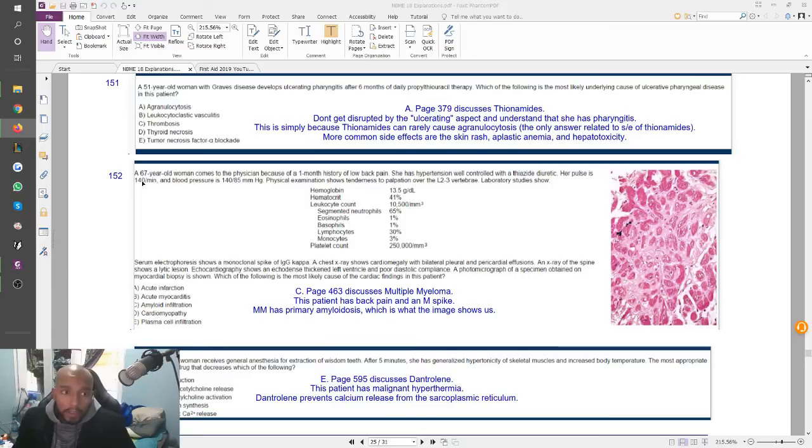For one thing, she is very old. She's over 65. And then if you think about her symptoms, they didn't really talk about calcium directly, but they did mention the lytic bone lesion, right? They mentioned back pain. I remember CRAB, right? Those are all the symptoms of multiple myeloma: the calcium derangements, the renal issues, the anemia, and back pain or lytic bone lesions. So we do kind of see all of that in her. I mean, her hemoglobin isn't exactly anemic yet, but it is on the lower end, sort of.